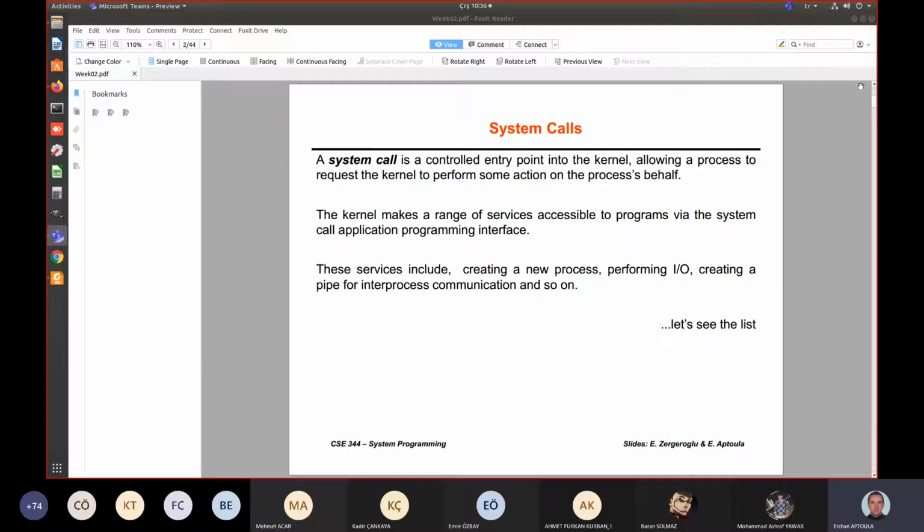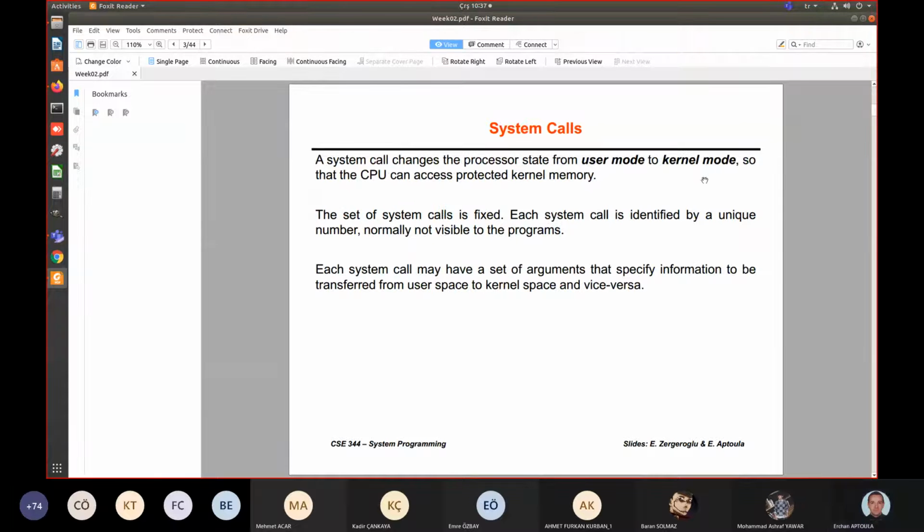We can use these system calls to create new processes, to perform input-output, read, write to and from devices, create pipes, carry out inter-process communication. You can name it. Now, before we look at the list of system calls, it is very important to take into account that since system calls manipulate low-level concepts, low-level components, since they enable us to interact with the system, that means they have to be executed in